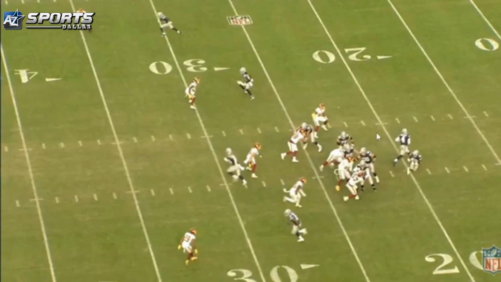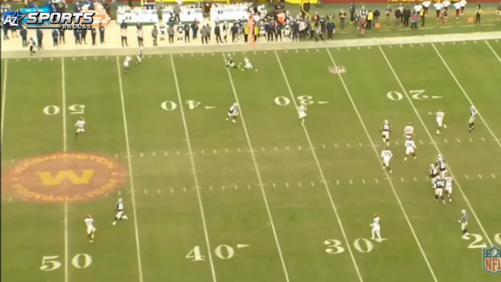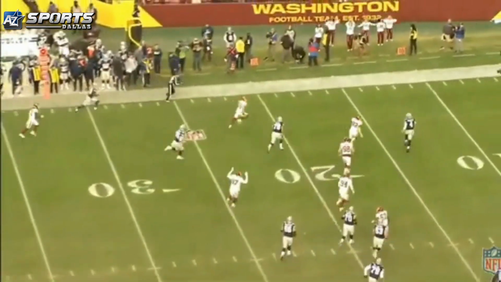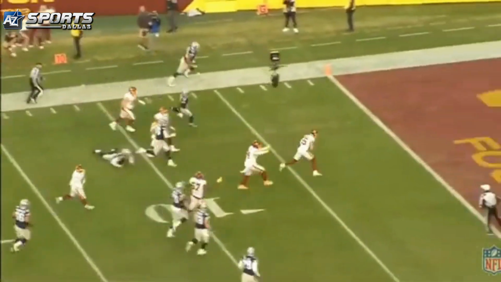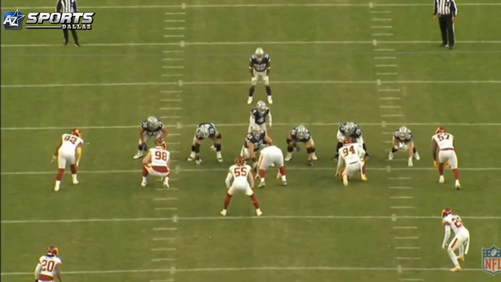But we'll get to Holcomb in a second. Coming out of the play action, he's not looking for Dalton Schultz. He's looking for CeeDee Lamb. No CeeDee Lamb there. He could have maybe thrown it out and just said, hey, you catch it or nobody catches it, which he should have done. Instead, he comes back to Dalton Schultz way too late. Loses track of my man 55. Makes A, a terrible decision. B, a terrible throw. The right move right here, Dak, was to come out of that action looking for Dalton Schultz.